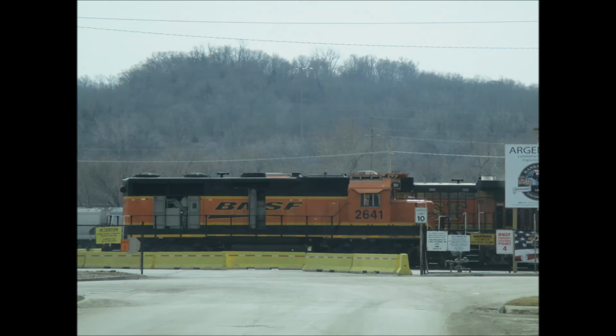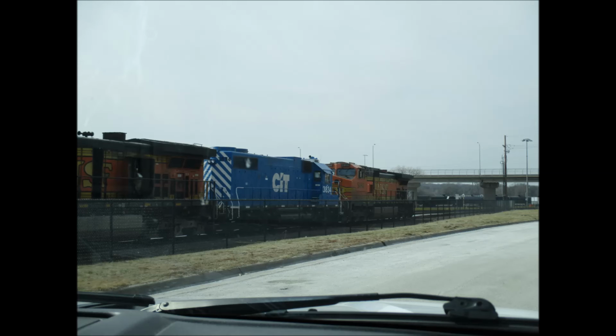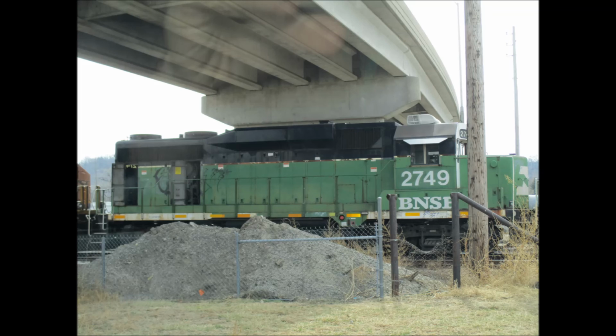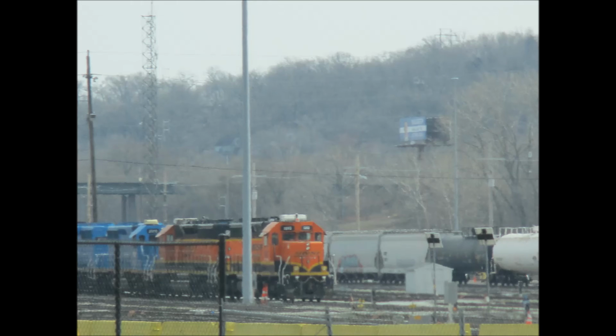In Argentine Yard, we see BNSF 2641, a GP35 originally built for the Santa Fe. 3874 is an ET44C4. There is also this CIT Jeep parked between two Dash 9s. BNSF 2749 is a GP39E originally built in 1962 for the Nickel Plate as a GP30. 7865 is an ES44DC. I believe the two blue units in this picture are from the Southwestern Railroad located in